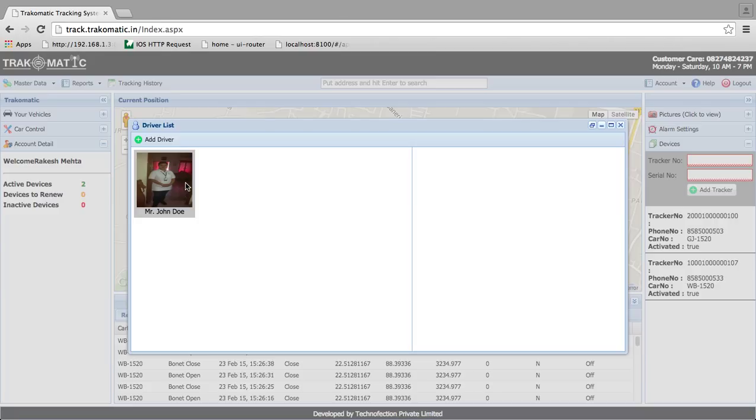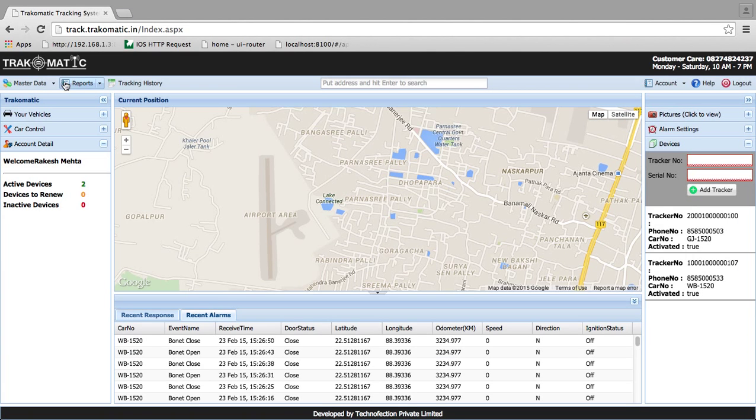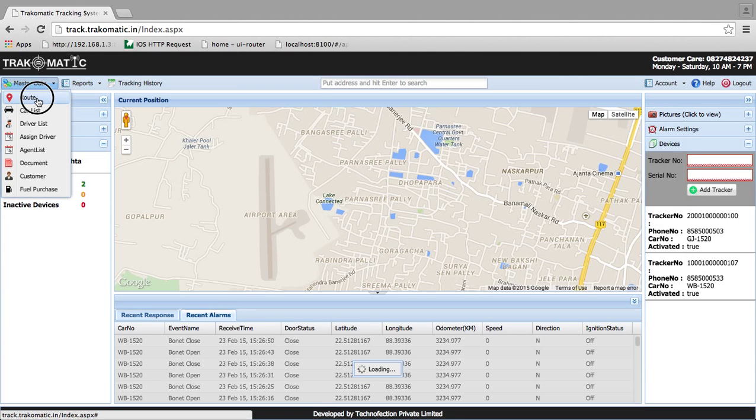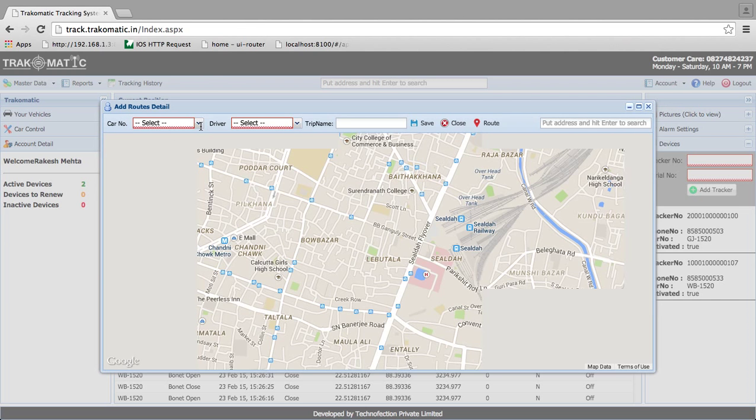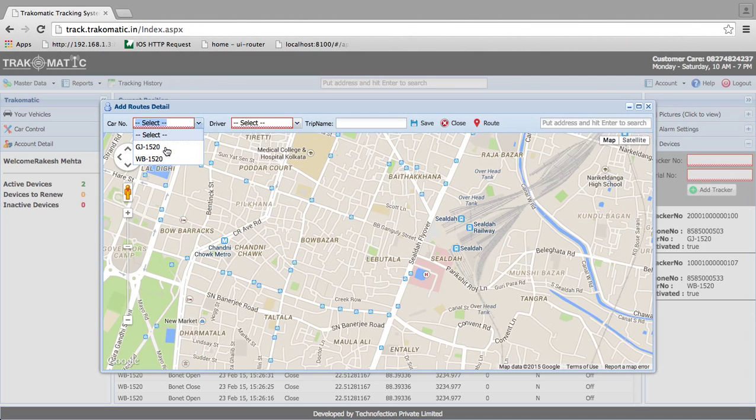You click on the driver and you can change the information here again. So I'll close the window. I have added the driver. I'll go back to the route and click route. So I click route, and then I click add trip, and then I select my car. I select my driver. I put a name like, okay, say it's an official trip, maybe